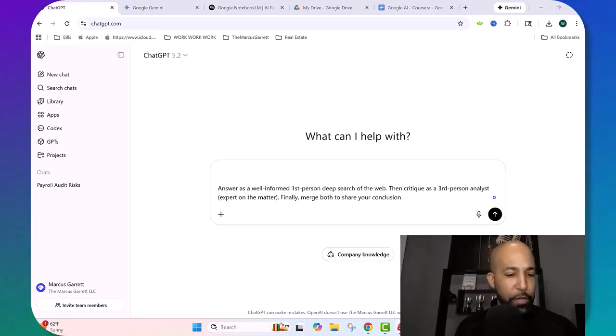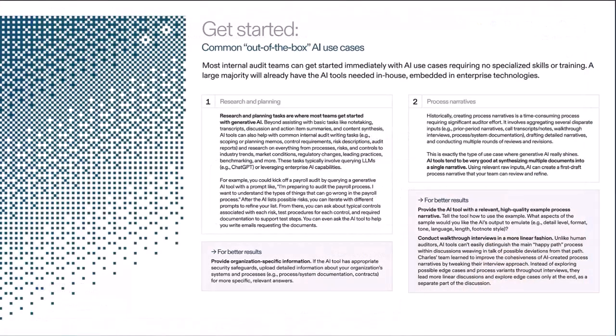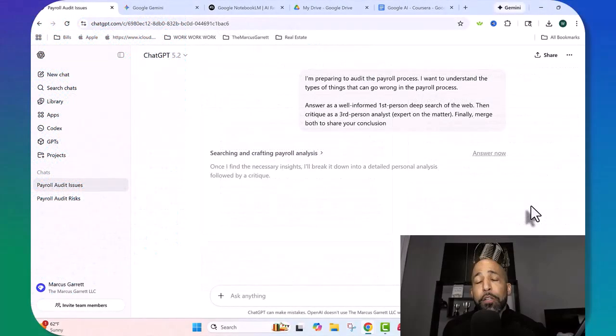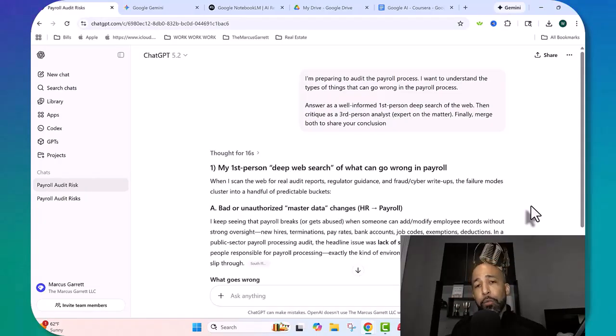In a new chat window, so it's learning independently from our previous chat, meaning it's not using it to inform this response. And here's our result. You can see this one's taking a little bit longer because I have given it some additional instructions to keep in mind. As you can see, we're getting some real examples, some better use cases, and the tool is already providing some more in-depth analysis that might be more beneficial to us as an internal auditor